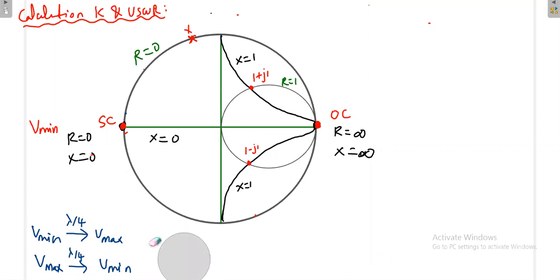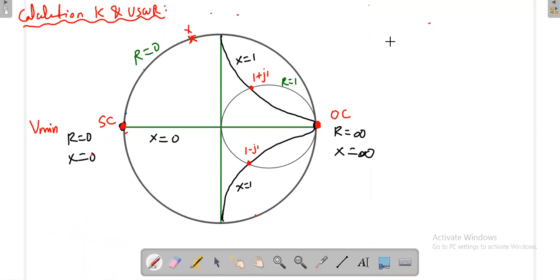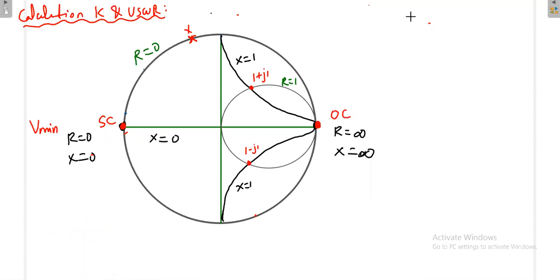Now we'll move from the known condition. Somebody tell me, if your load impedance is equal to 0 ohm, this is case 1. If your load impedance is equal to 0 ohm, that is what, sir? Short circuit. When you have a short circuit, what is the reflection coefficient, sir? Plus 1 or minus 1? Anybody? When ZL is 0, irrespective of Z0, K is minus 1.